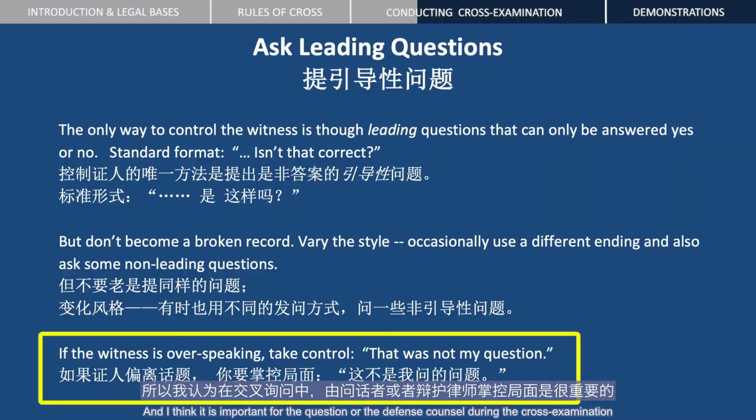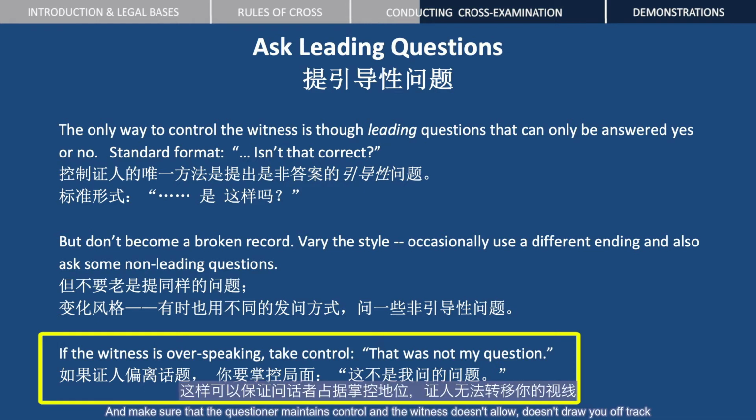And I think it is important for the questioner, the defense counsel doing the cross-examination, to maintain control and, if you need to, repeat the question and say, "that wasn't the answer to the question, let me repeat it for you," and make sure that the questioner maintains control and the witness doesn't